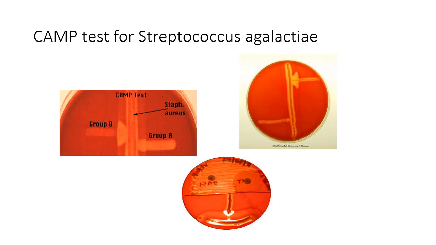Once bacitracin is done, usually we do two tests. One is bacitracin and the other is CAMP. On another plate of blood agar, we take a beta hemolytic Staph aureus and plate it vertically down. On the other side, at right angles to the Staph, I will plate my test sample and my control, and incubate it again.